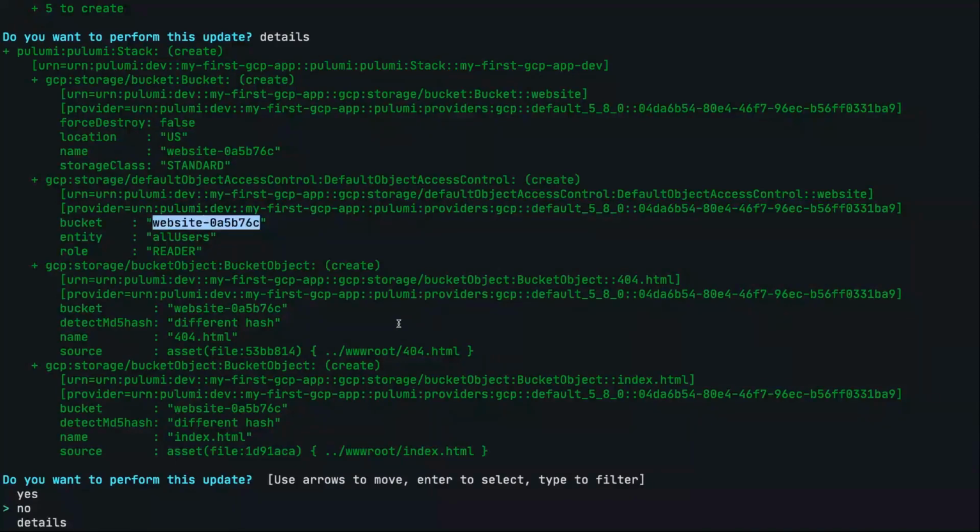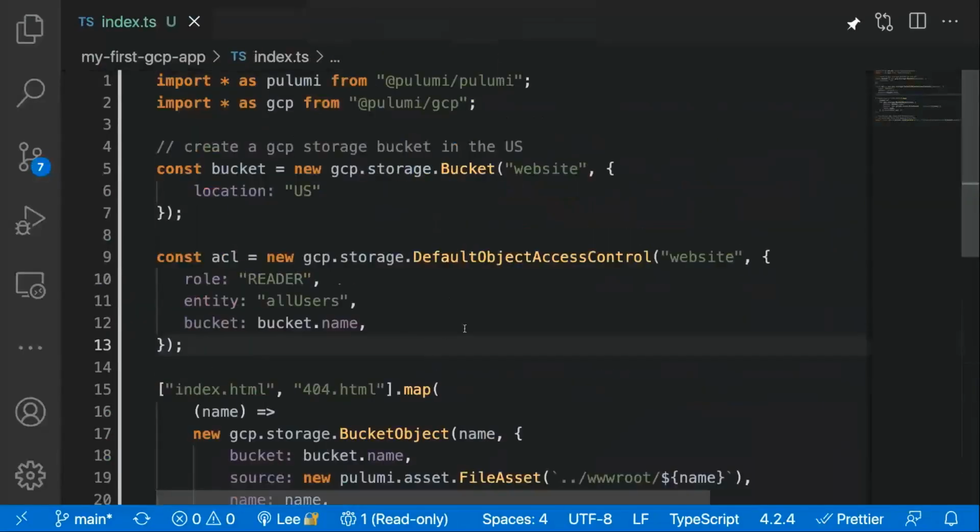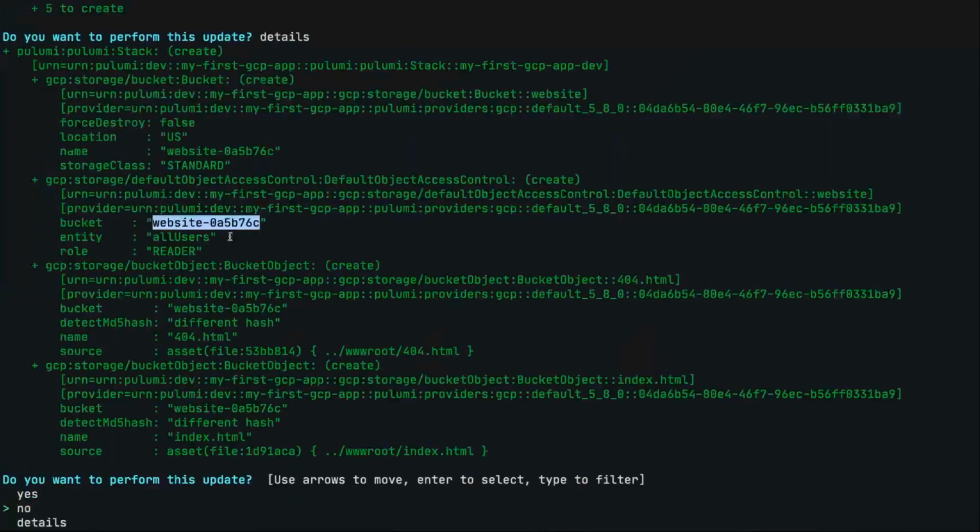So the actual bucket that we've created, we called it website, right? But it added this random string on the end here. Why did Pulumi do that? The reason that it does that is that a lot of cloud providers, their APIs are immutable. Like you can't replace certain resources. So in order to allow you to do things like blue-green deploys, Pulumi will automatically append these values here to the end of different resources, unless you specify a name explicitly,